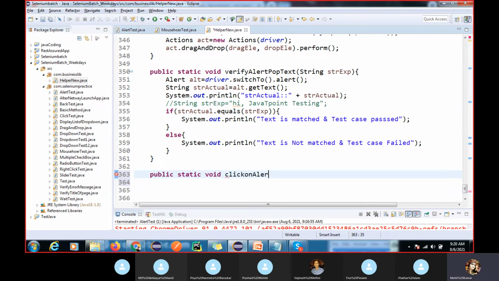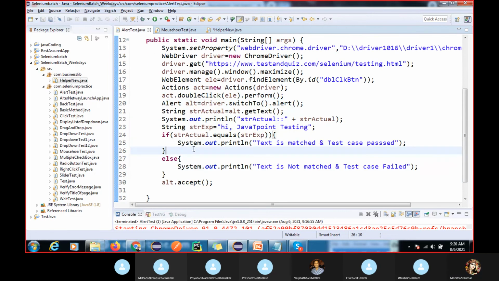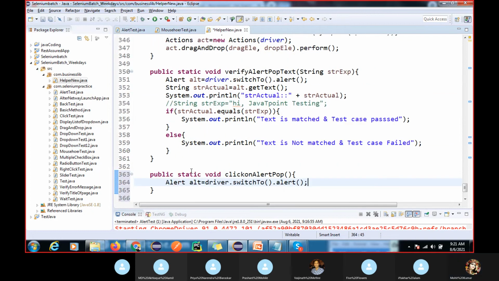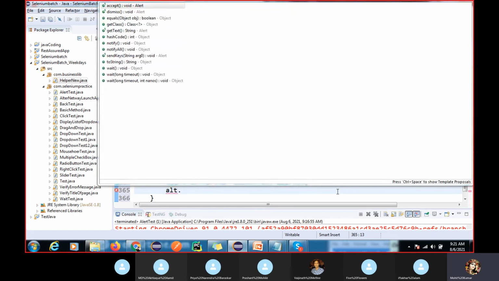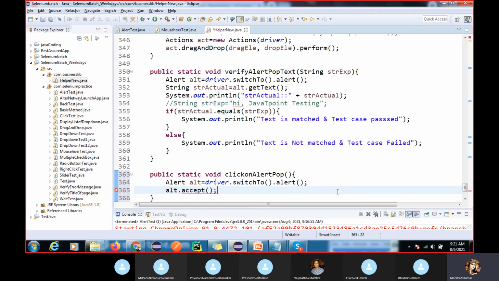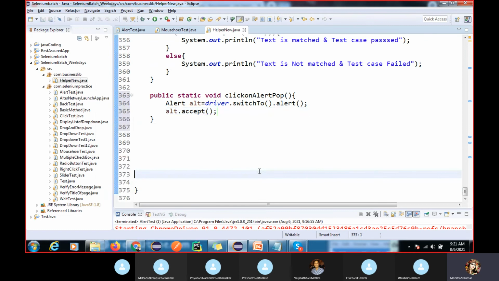Click on alert pop-up. Now we have to write driver dot switchTo dot alert dot accept. Okay, so two methods.